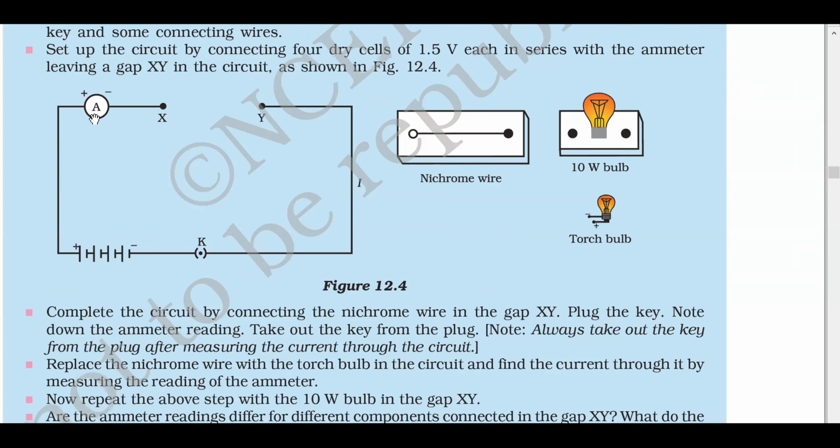XY के यहाँ हम अगर एक कंपोनेंट लगाते हैं जिसका रेजिस्टेंस हाई है तो अमीटर रीडिंग ज्यादा होगी, या जिसका रेजिस्टेंस लो है तो अमीटर रीडिंग ज्यादा होगी? मैम लो है. अगर XY के यहाँ जो कंपोनेंट लगा रहे हैं उसका रेजिस्टेंस लो है तो अमीटर की रीडिंग हाई होगी, और अगर हाई रेजिस्टेंस है तो अमीटर की रीडिंग लो होगी. ओके,